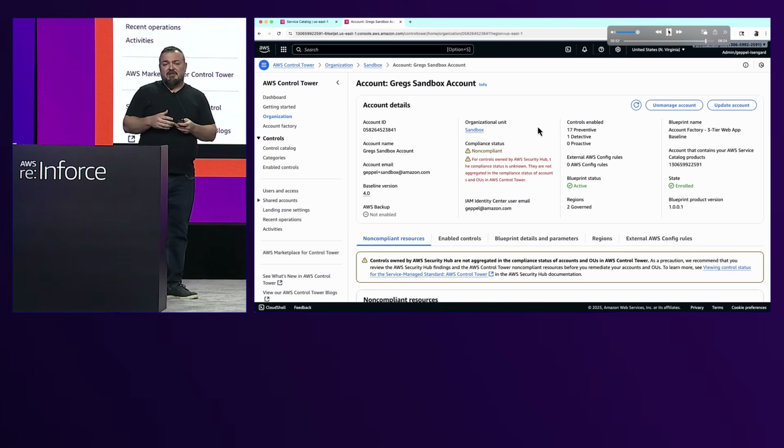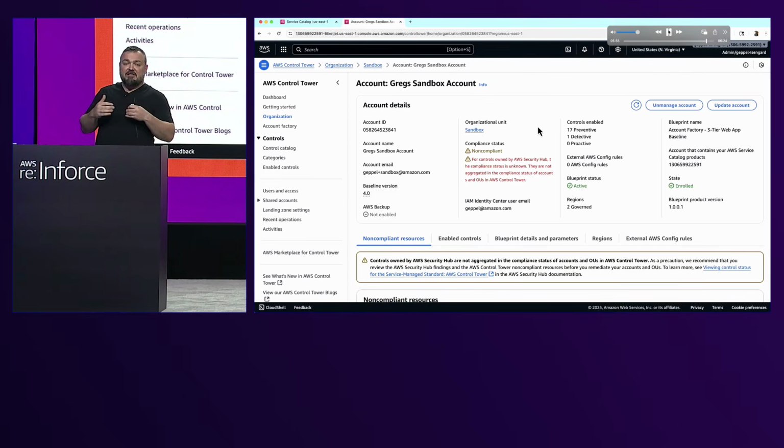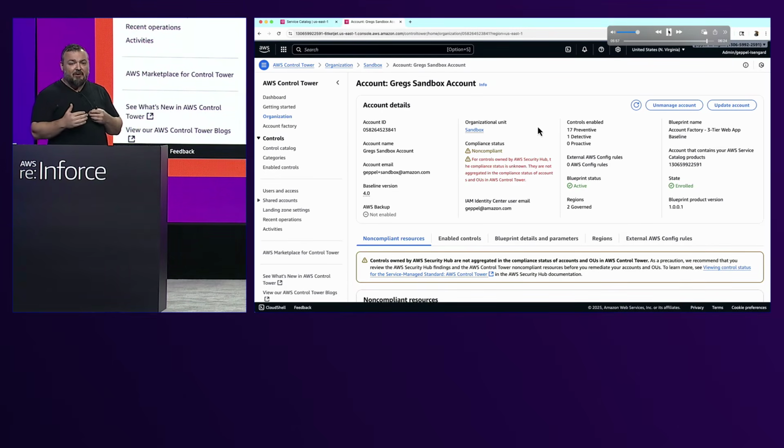So this is a really simple example of how you can use generative AI to get started building these baselines, right? Before, you would have to write 300, 400, 500 lines of CloudFormation, and it's a lot of work, right? Especially if you haven't done it before. Again, don't trust this thing just to do all the work for you. You need to actually validate that this stuff works, but it can accelerate what you need to do.